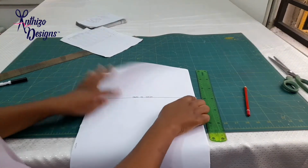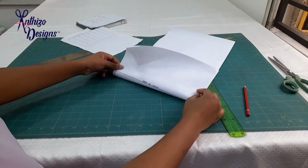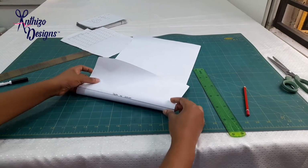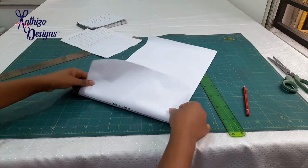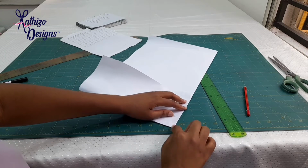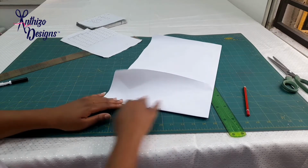Alright, so as I've gotten my depth of crown all the way, I'm going to fold it again so that it can crease on the other side. If you don't want to do this, you can always just measure 14.5 centimeters here, but according to Natalie Bray, fold the pattern and then get the crease on the other side, which is what I'm going to do here. I'm going to fold,